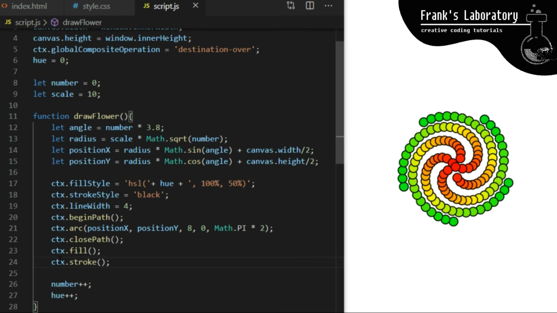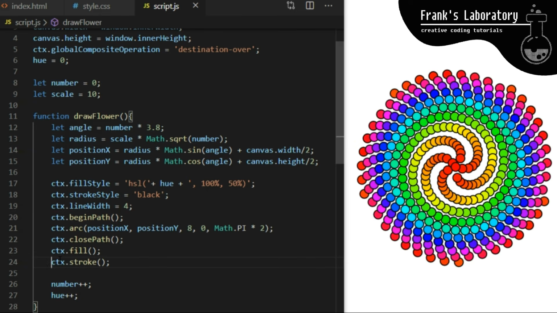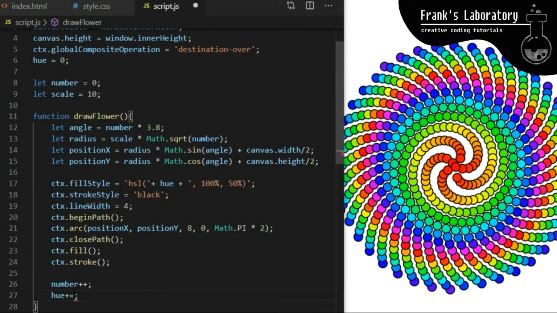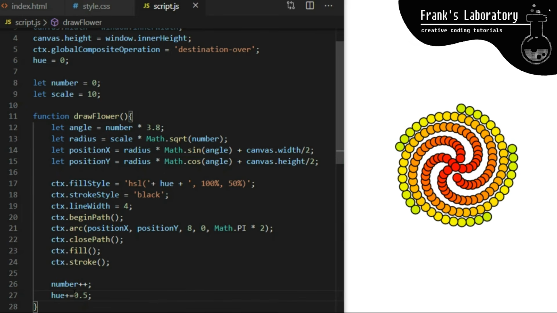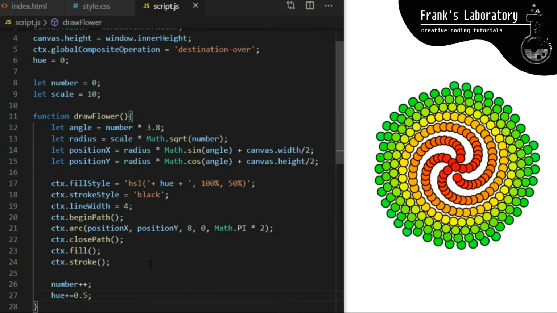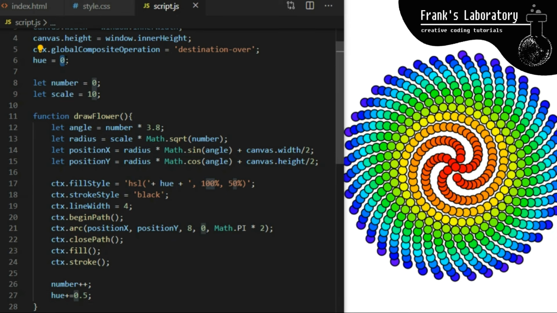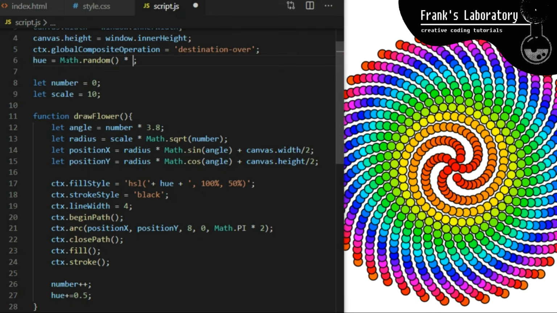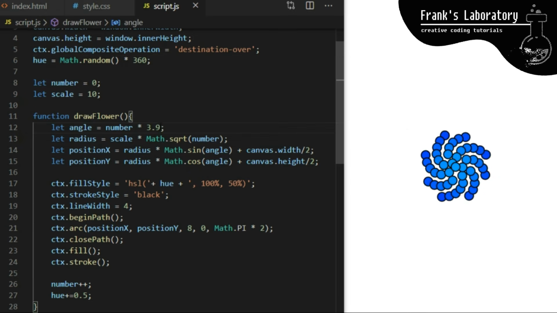If I wanted to cycle through colors slower, I can say only increase hue by 0.5 for each frame of animation, here on line 27, by saying hue plus equals 0.5. Also, maybe I don't always want to start from 0, which is red color. Maybe I want to start from a random color whenever new flower is created. To do that, I simply set the initial hue on line 6 to a random number between 0 and 360. And now, each time new flower is drawn, we start from a different color.